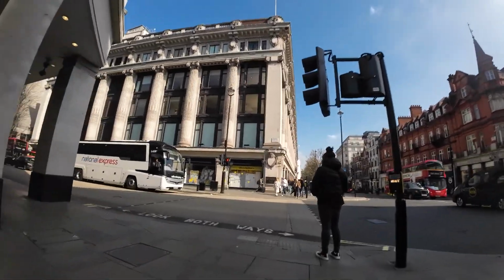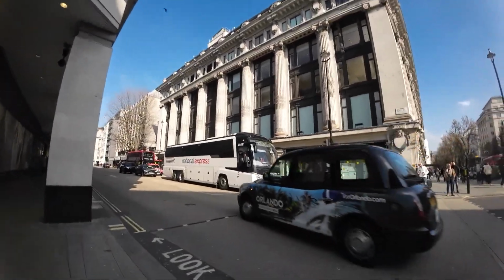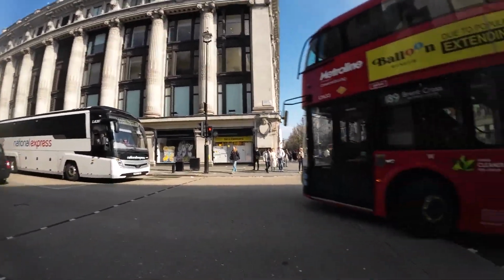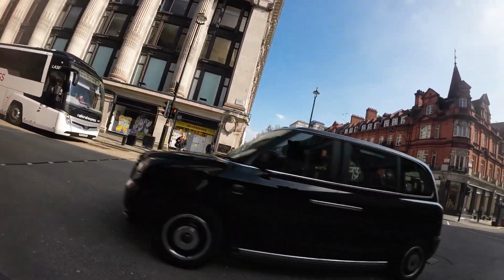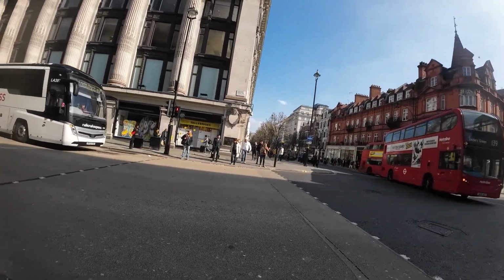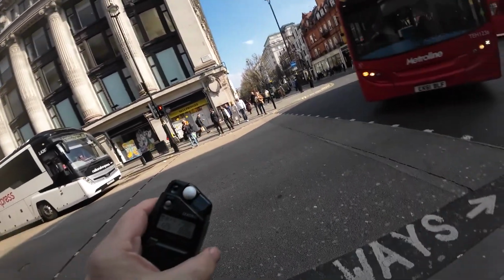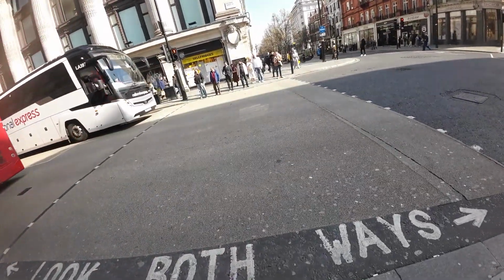Anyways, so that's the lens I've got on this. It's 35mm. Today I am shooting purely manually. So I'm selecting the shutter speed and aperture, and I'm not even using the meter on the camera. I'm using my light meter,